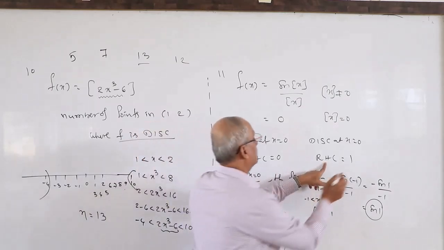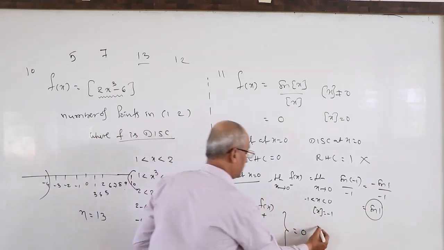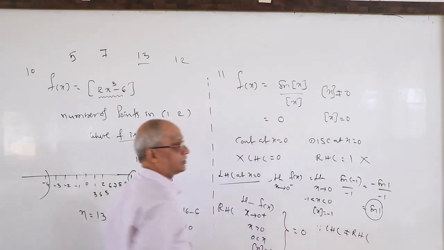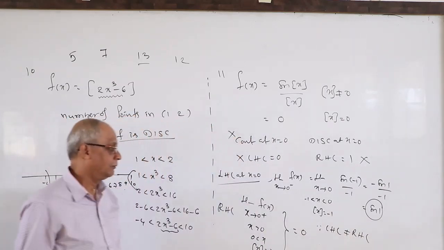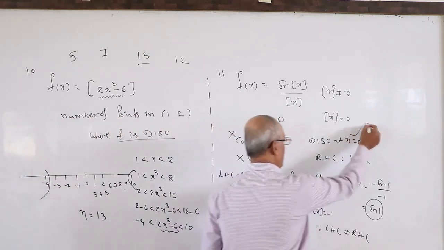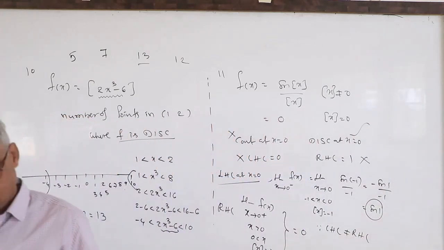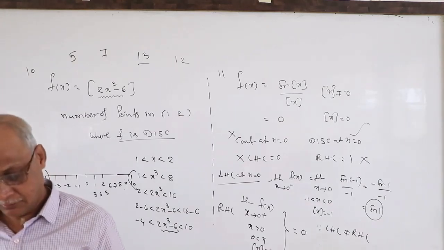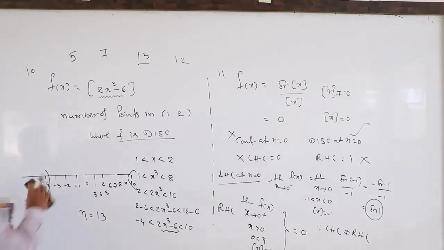They give the right hand limit as 1. Wrong. Since the left limit is not equal to the right limit, it is understood that the limit does not exist. Then it is not continuous, that means the continuity option is also wrong. Finally, what is the answer? Since three are wrong, it must be this. Therefore, the function is discontinuous at 0. Second option, 11th problem. Okay? Very good. Next, this is also very powerful and important.